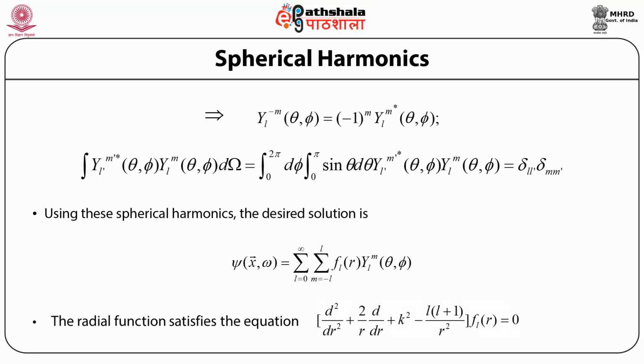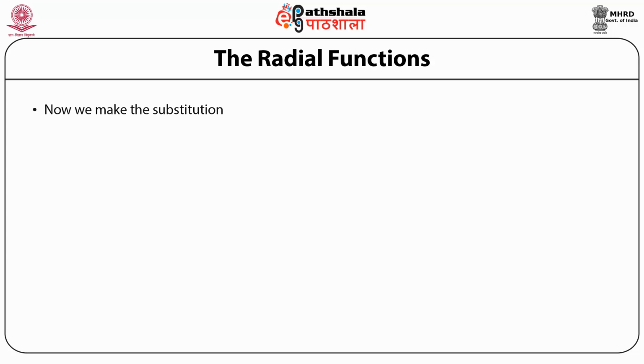The radial function satisfies the equation d squared by dr squared plus 2 by r d by dr plus (k squared minus L(L plus 1) by r squared) F_L(r) equals 0. Now we make the substitution F_L(r) equals r raised to the power minus half U_L(r) and obtain